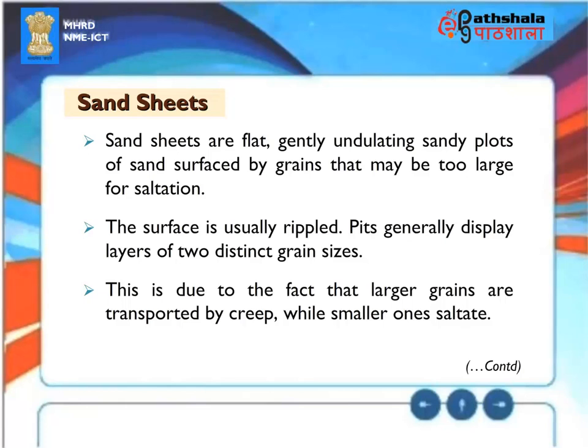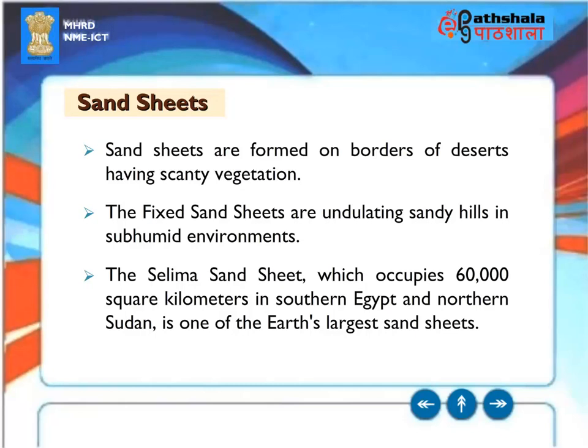surfaced by grains that may be too large for saltation. The surface is usually rippled. Pits generally display layers of two distinct grain sizes. This is due to the fact that larger grains are transported by creep while smaller ones saltate. Sand sheets are formed on borders of deserts having scanty vegetation. The fixed sand sheets are undulating sandy hills in subhumid environments. The Selima sand sheet, which occupies 60,000 square kilometers in southern Egypt and northern Sudan, is one of the Earth's